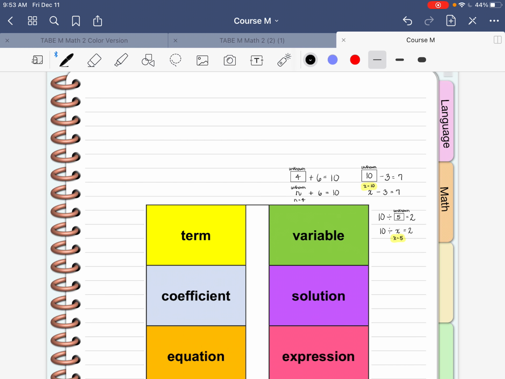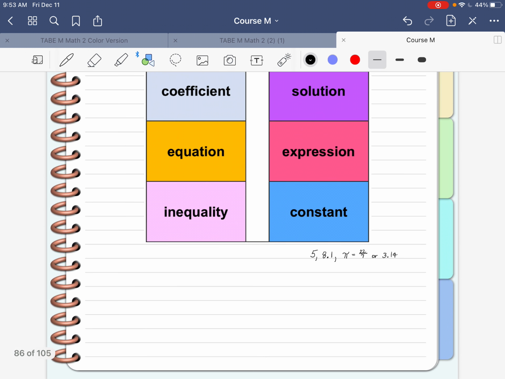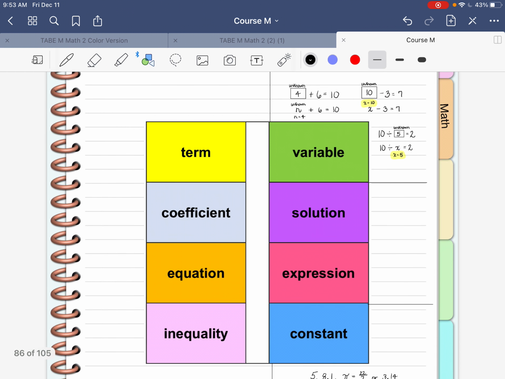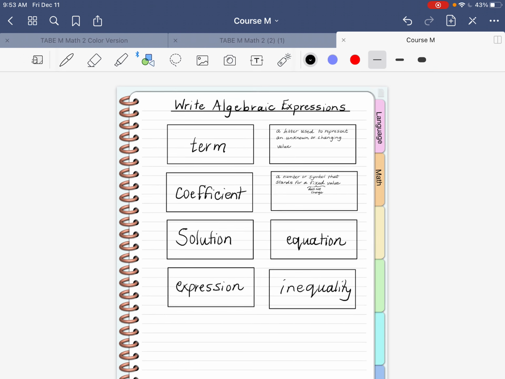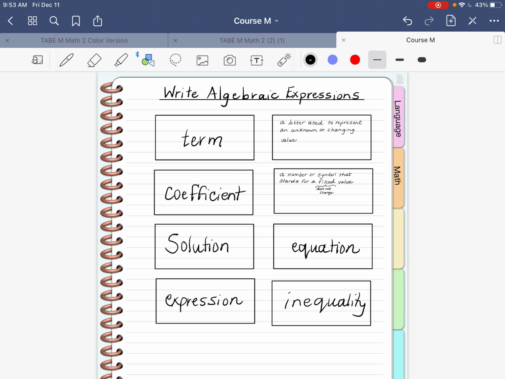So here is the variable door. I'm going to section these off. I wish I could write under my doors like you're doing, but it's just not going to happen on here. So, okay, let's look at the next term. And let me see which one I want to do. Let's go ahead and do equation. Let's learn what an equation is,